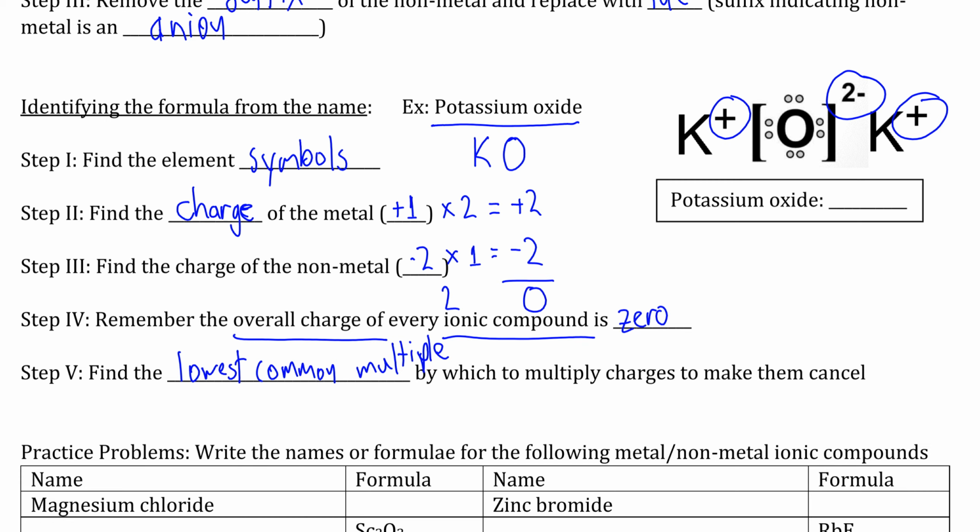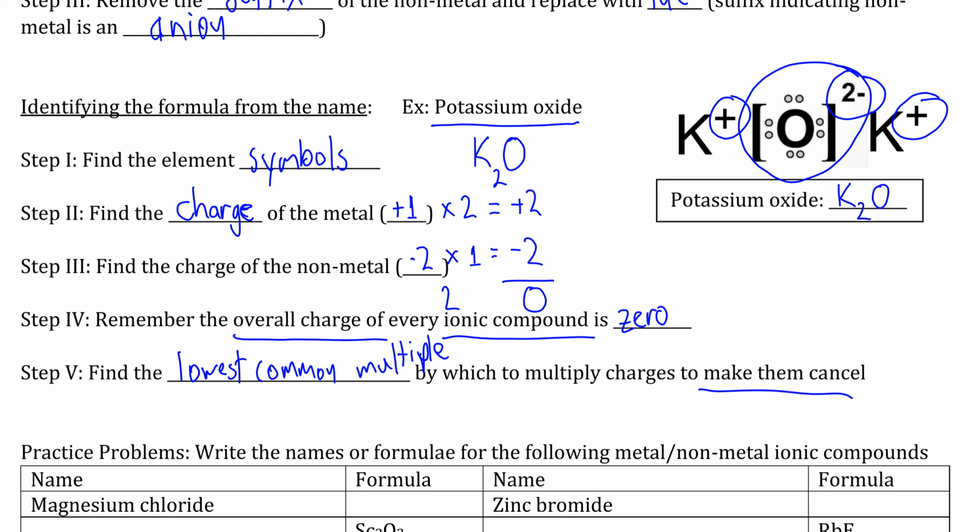So what I just did here is we actually figured out how many of each ion we need. Because the lowest common multiple between 1 and 2 is 2, that's the number we need to get to. And in order to get to a total charge of +2, we need 2 potassium ions, but because -2 is already 2, we just need to multiply this by 1, which means that we only need 1 oxygen ion. So because we have 2 potassium ions, that means +1 times 2 is +2, and if we add this to the charge of oxygen, -2, we get 0, and our charges balance out. Therefore, the chemical formula for potassium oxide is